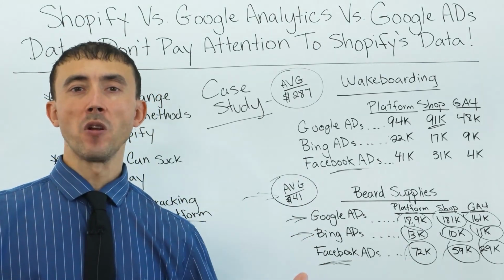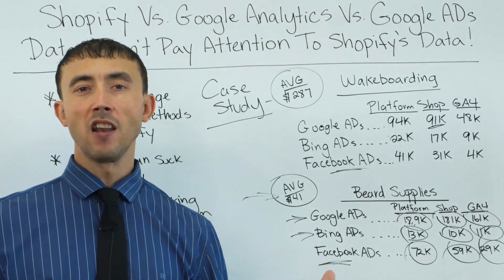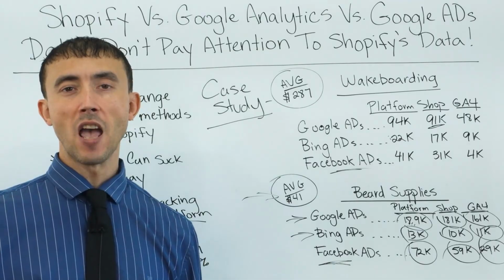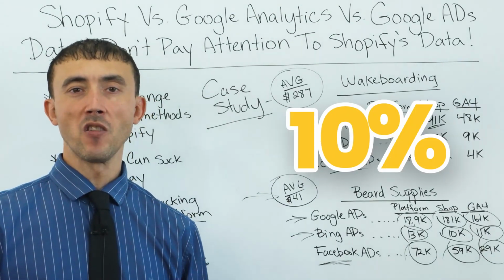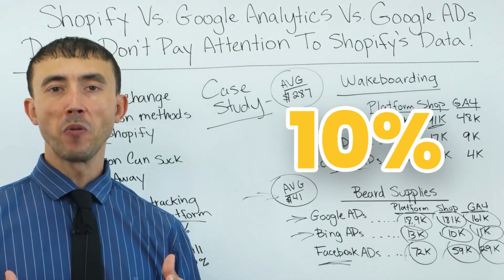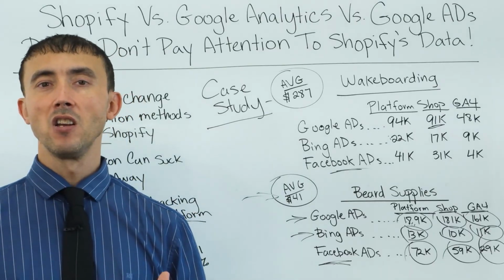People will say, yeah, I'll put it through the cart, and then, honey, did you wash the dishes? And then all of a sudden, the person forgot to put the order through the cart. So you want to lock down that order. You're going to lose 10% of the sales or more just from people saying they're going to put the order through, and then something else happens, or they say they're going to do it later or whatever. Take the order over the phone.